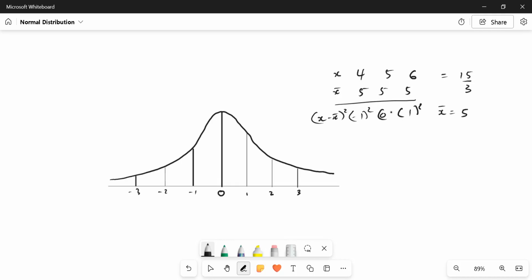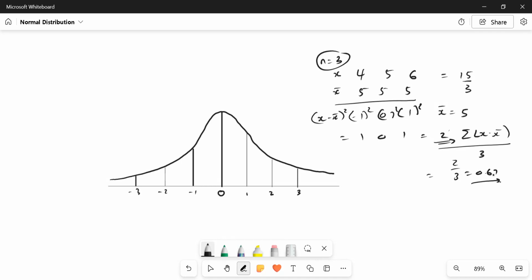It will come to 1, 0, 1, and then I add this up, it comes to 2. And I divide it by the total number of values, so this is the sum of x minus x bar, divided by 3. Then we're looking at 2 over 3, which is going to be 0.67. That would be my